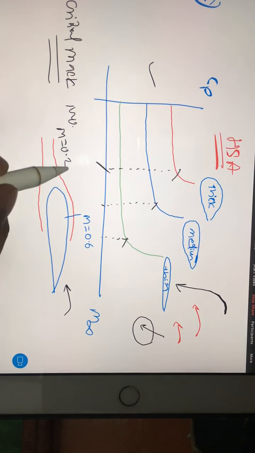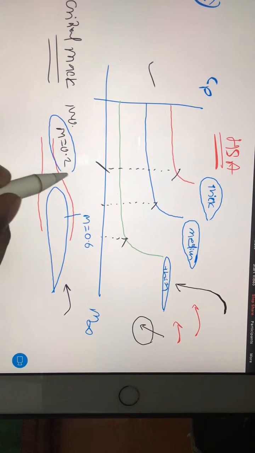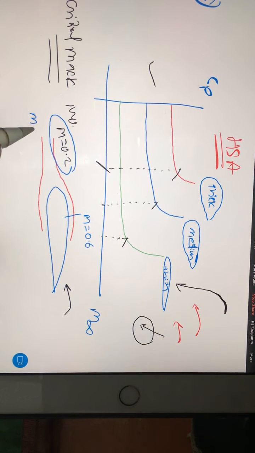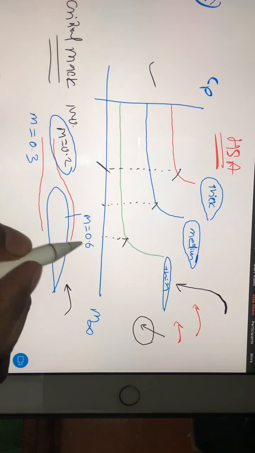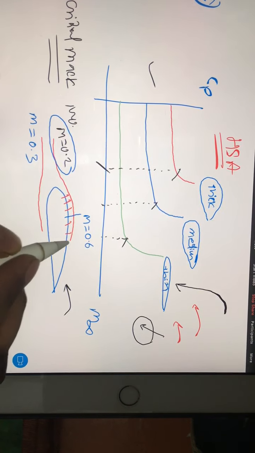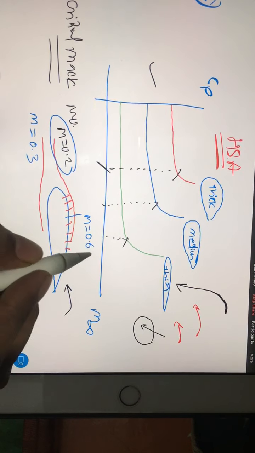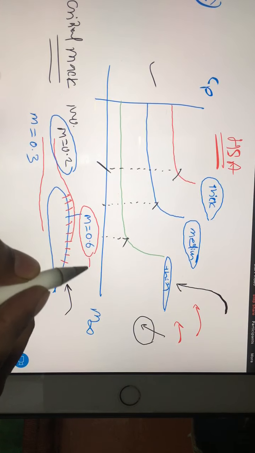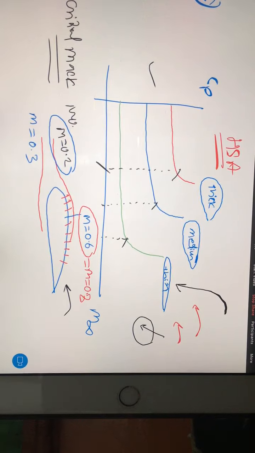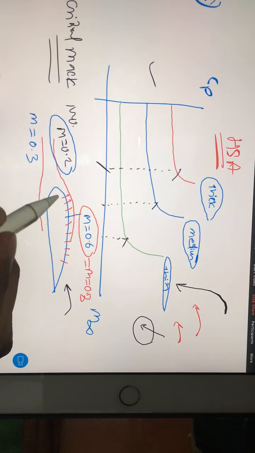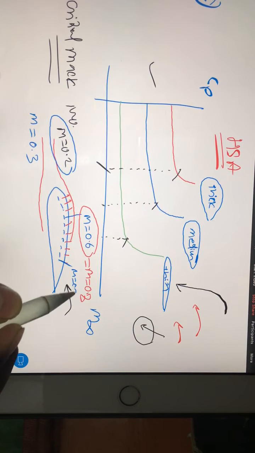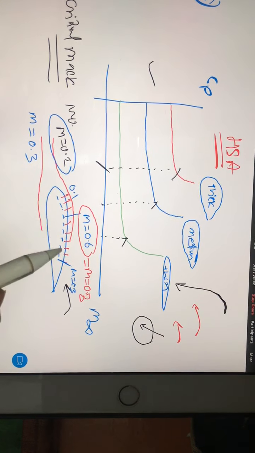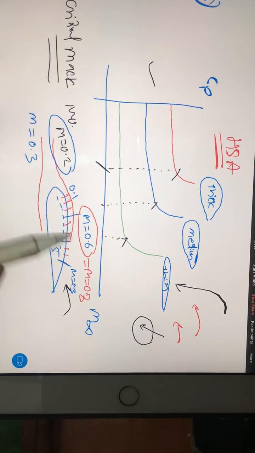Now take a situation when you are increasing the free stream Mach number. Suppose you are making the free stream Mach number 0.3. Imagine because of that, at every point you'll be having a different Mach number. Suppose at this point, the Mach number became M equal to 0.8. Again, at different points you'll have different Mach numbers. Suppose here M equal to 0.3, here M equal to 0.1, here M equal to 0.5.